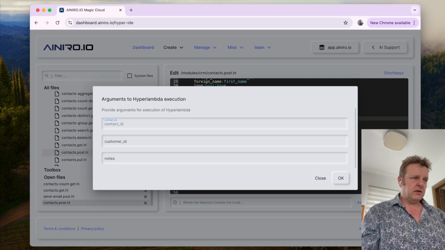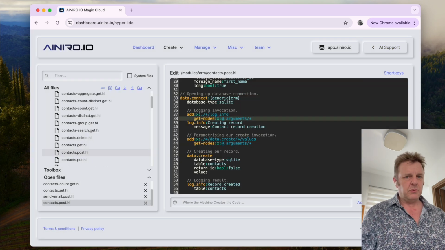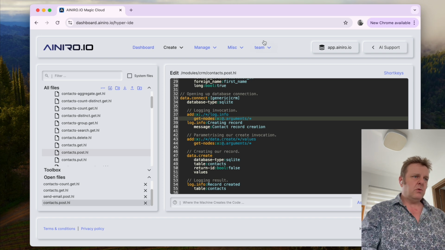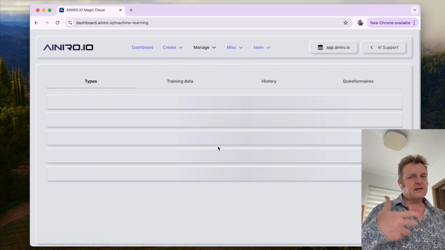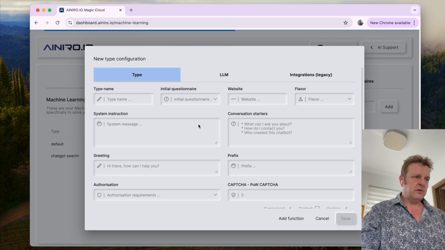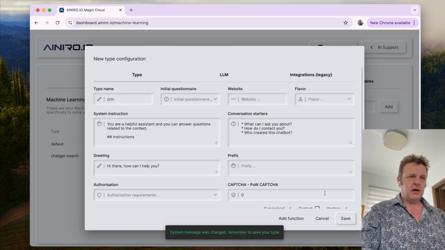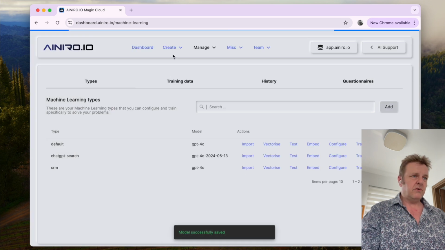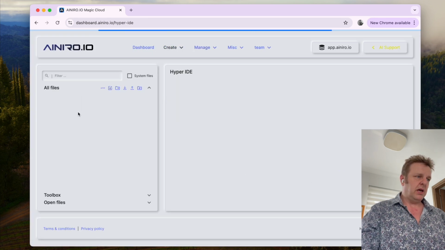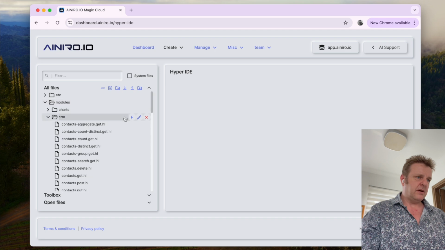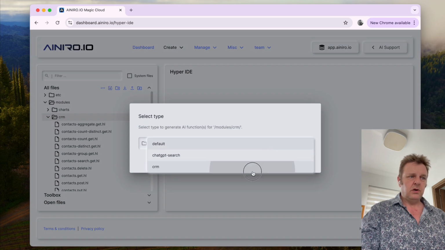Try to create a contact. We need customer ID and all that stuff. I'm not going to mess with it. However, now that we have all of these things, let's wrap it into an AI agent, right? CRM. Create an AI agent by choosing the AI agent flavor. Go back to my Hyper ID here, choosing modules and CRM, hover over it, choose the flash icon, choosing CRM